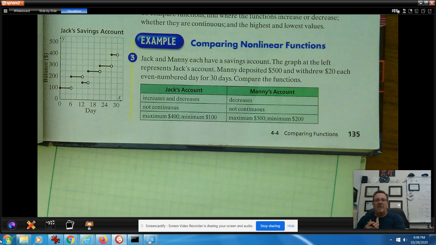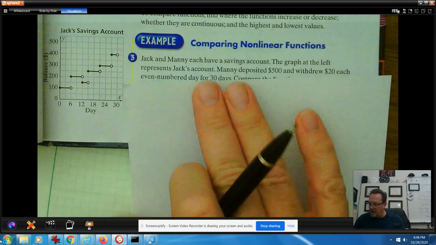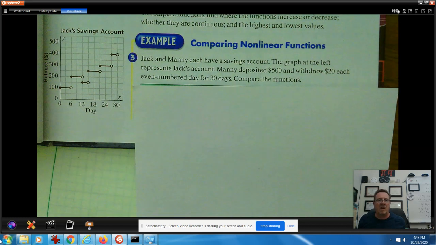Right here it says, Jack and Manny each have a savings account. The graph at left represents Jack's account. Manny deposited $500 and then withdrew $20 each even number day for 30 days. Let's compare the functions, right? Well, let's just think about this. We're not going to worry about what the book says. I'm actually going to get a little piece of paper out and cover that up so we're not even thinking about what they say, because they're asking me